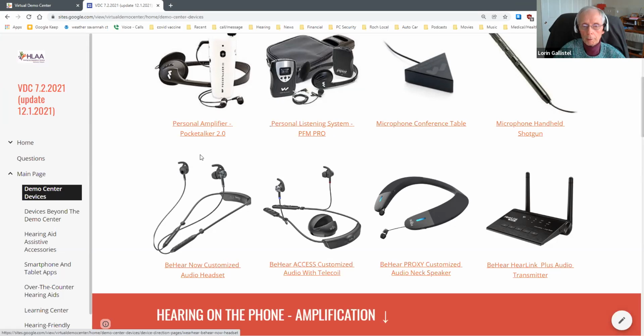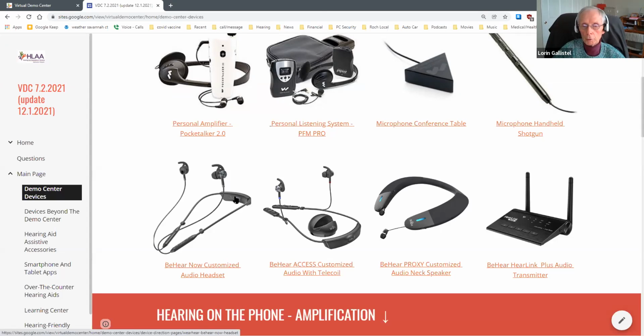This is probably more applicable for somebody who does not wear hearing aids, or for someone who, in those special situations, wouldn't mind just taking their hearing aids out and putting the earbuds in. And they can be very effective for people who have a mild to moderate, maybe even the start of a severe hearing loss, like I do,